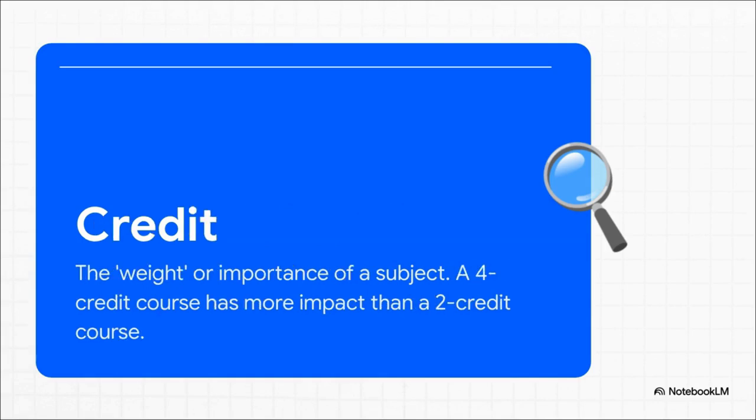And the second number is the credit. This is the impact part. Honestly, the best way to think about credits is as the weight of a subject. A really tough 4-credit core class that takes up hours and hours of your week should have a bigger impact on your final grade than a lighter 2-credit elective, right? So here it is. The grade point tells you how well you did, and the credit tells you how much